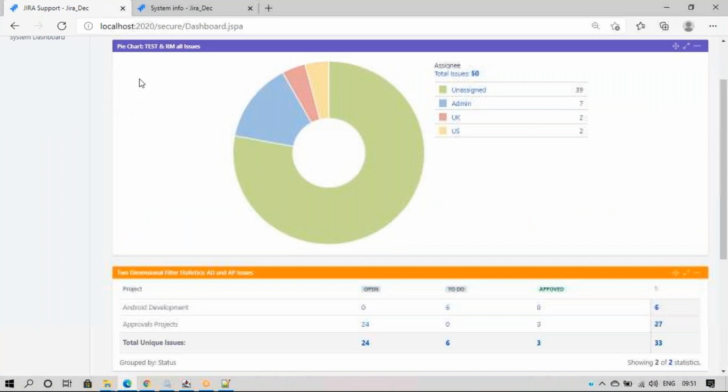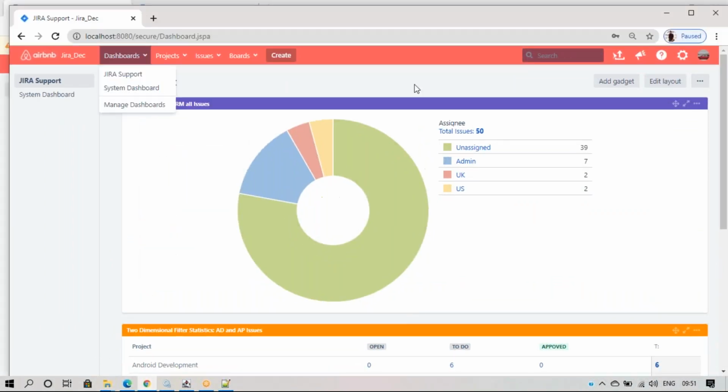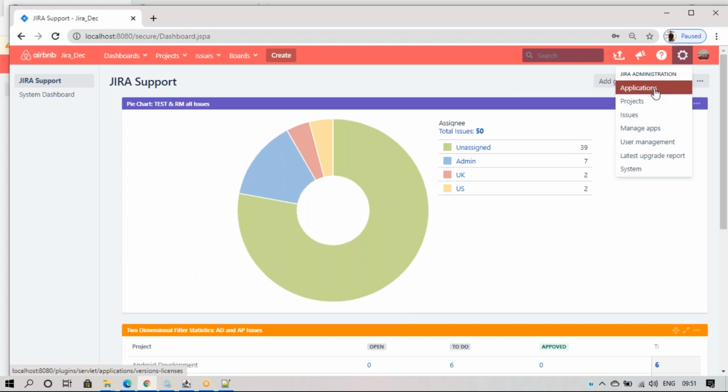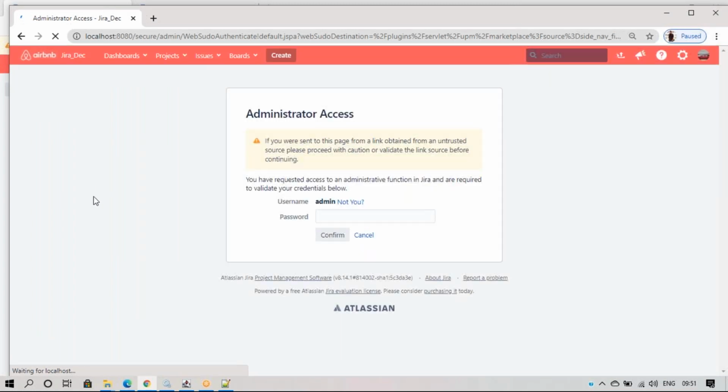So all the projects I have here, the same projects will come, and attachments and avatars will all come. If I go to manage apps too, all the plugins should come. We'll see whether the plugins come or not.